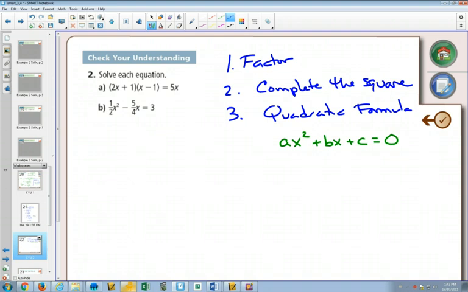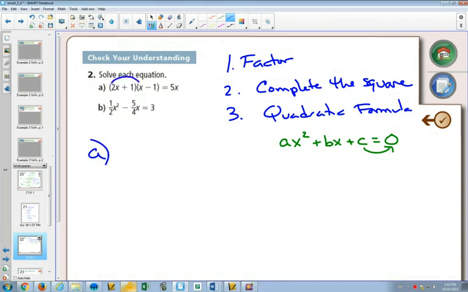For completing the square, it doesn't need to look like this, but usually we move this c over to the other side as our first step, or maybe we divide by a before we do that. So it's still not bad to start off by getting everything in this form and then deciding from there what's going to be best. So for a, in order to get it in that form, I'm going to need to